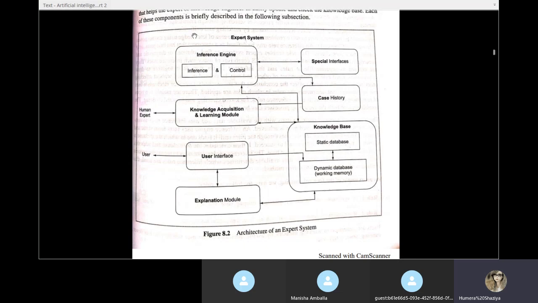An inference engine is the component or a unit of our expert system which is used for deriving conclusions, for deriving inferences. Whenever a new query is given, an inference is derived or deduced. So this is an interface